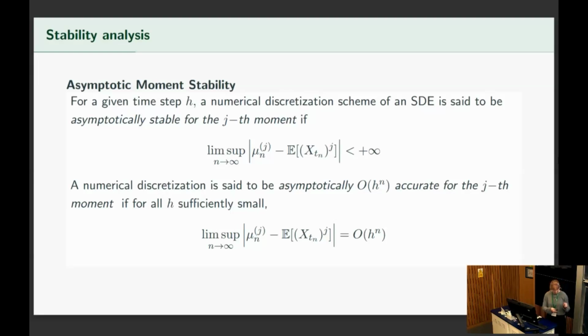Some of the results that we have, oh, sorry. Yes. Sorry, I missed what mu and mu n. Yes. So mu m is the analytic moment, the true moment for the system of interest, compared to the moments given by the approximation of our numerical scheme. So the mu n comes from the SDE itself. Yes.